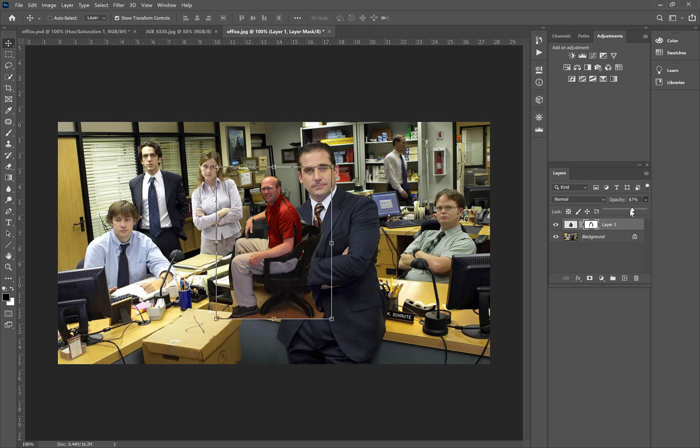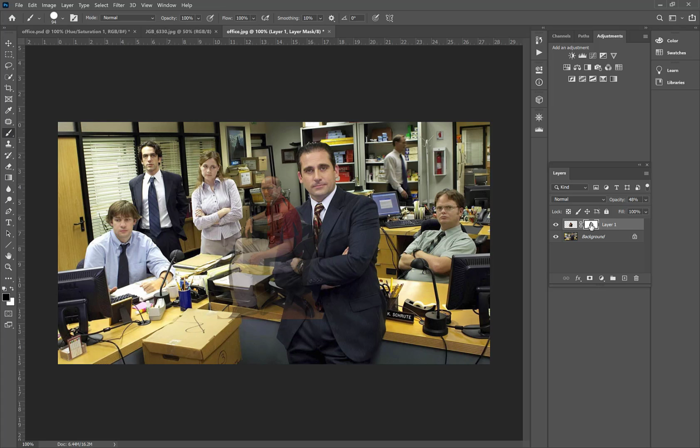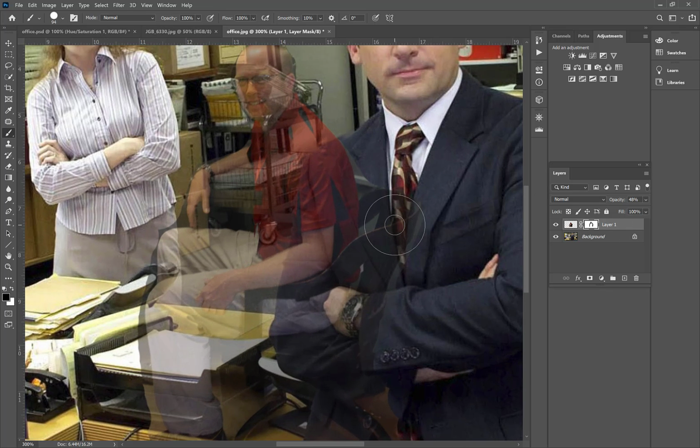So I'm going to take this and drop it down. You can see, probably a little far, about 48 to 50%. What that does is allow me to see through the actual image. So I'm going to change back to my brush tool. I'm going to be on my layer mask, and I'm going to zoom in so that I can see where I'm overlapping. So I'm overlapping this